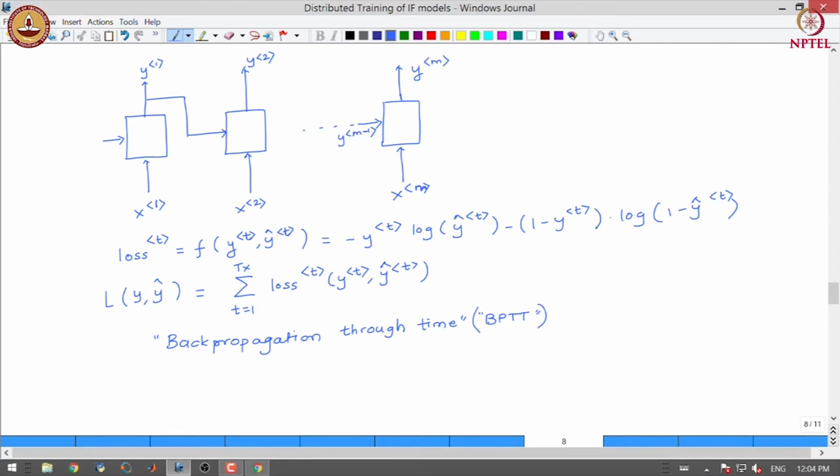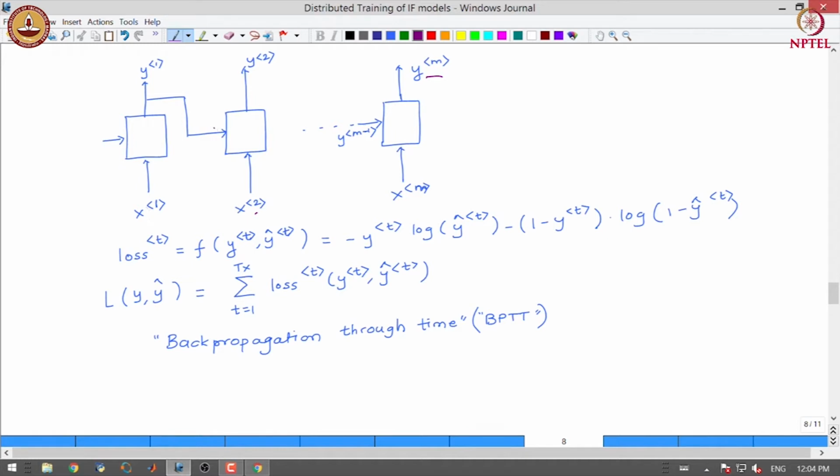So, you can see that the output over here is actually dependent on output over here, which is dependent on this and this. The output over here is dependent on the input and the output of the previous state.